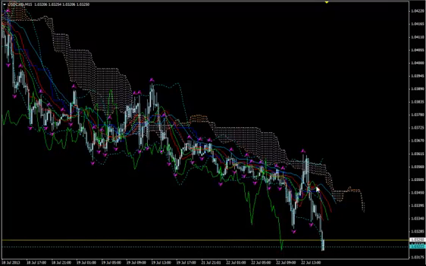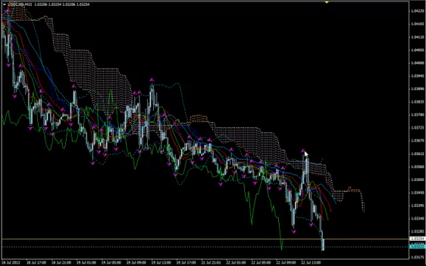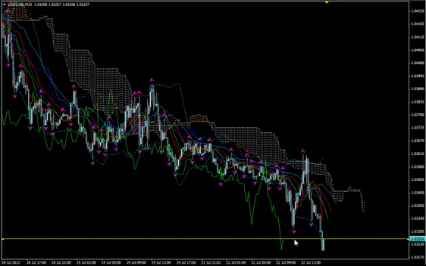So yes, we have the leading alligator falling down. Yes, we had a valid bearish reversal fractal up here, but this is not enough. We want Chikou span to go down. Okay, so we wait. When this happens, we will enter short, and we will make sure our stop loss is